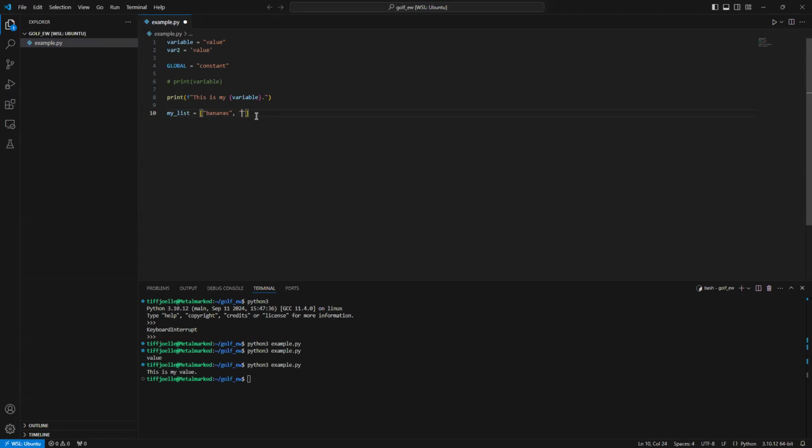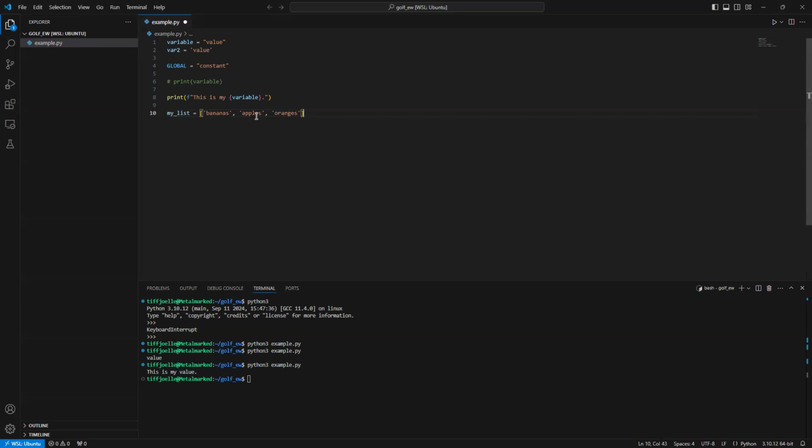Bananas, in double quotes. You can use single quotes too; for strings, double or single doesn't matter. Bananas, apples, and